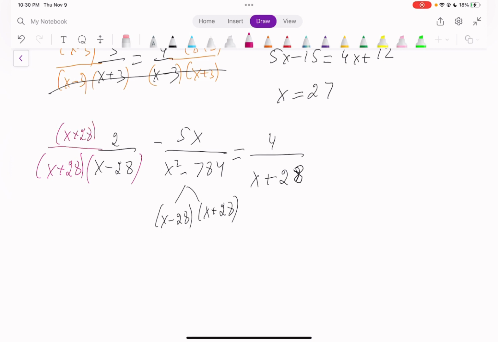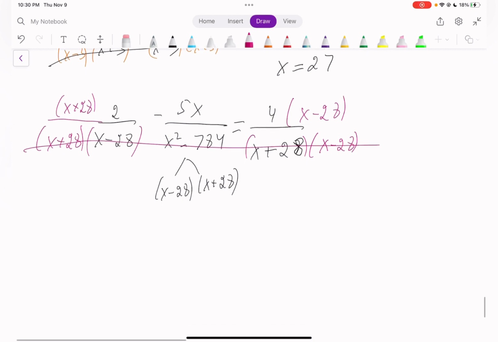The second fraction I don't need to change because it has both x minus 28 and x plus 28. Here I'm multiplying by x minus 28, here also x minus 28. So throwing out the denominators, because all of them have the same denominator,